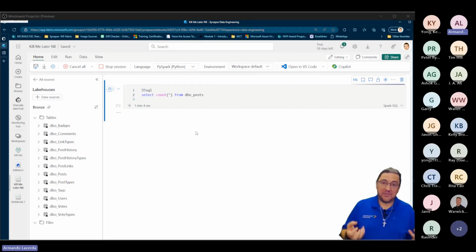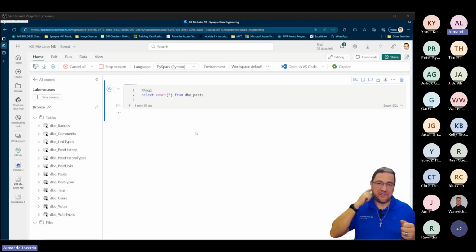For multiple workspaces, you have to do it one by one for whatever workspace you have. If the workspaces are associated to the same capacity, they can, in order to control expenses and also to define what's going to be the largest compute capacity for the workspaces associated with the same capacity. Super cool stuff. And while we're waiting for that, are there any questions? I hope there are. So give me your questions. What are your questions?